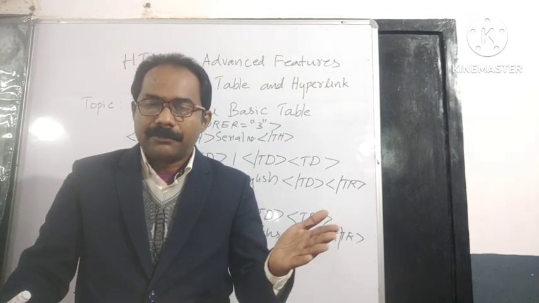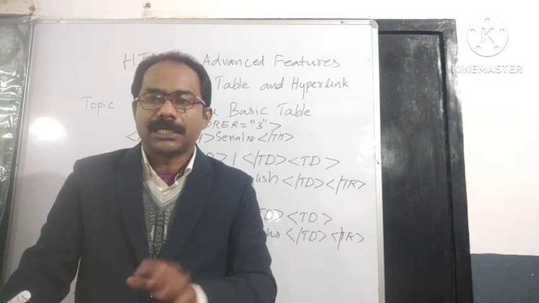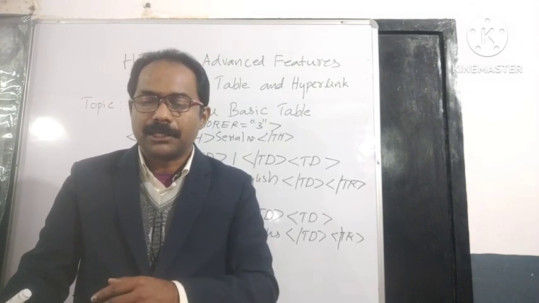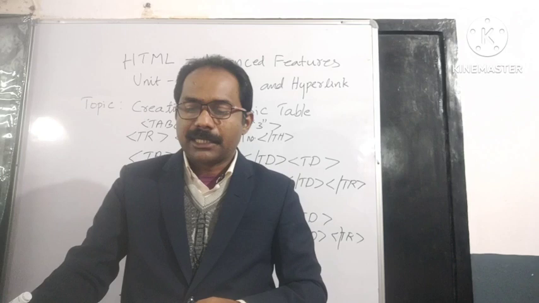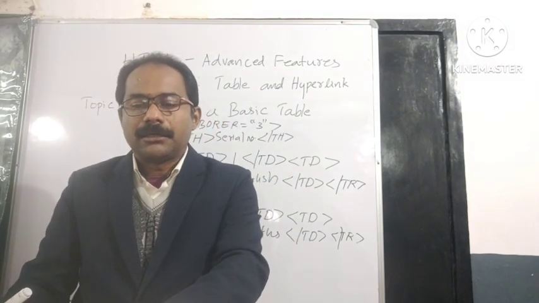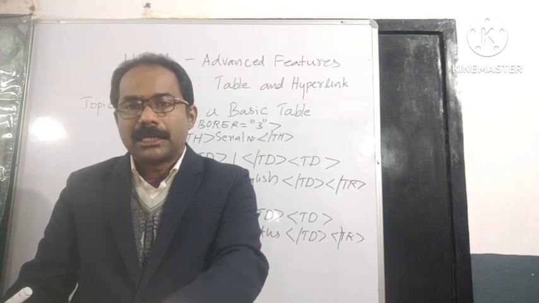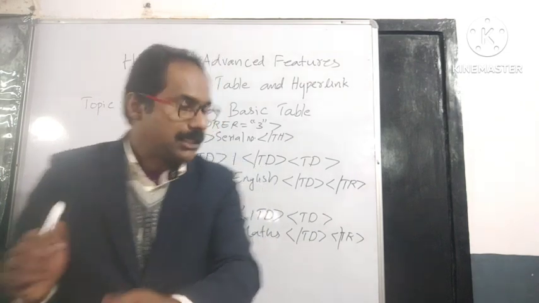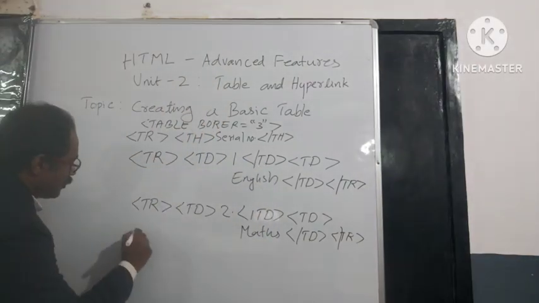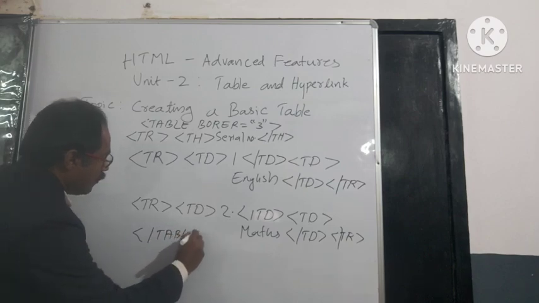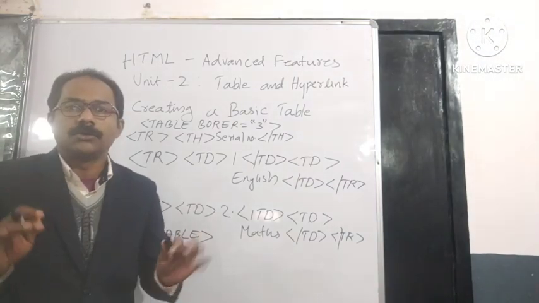The tr tag, and we write the name of the second student. It is given here, Alok Ranjan. Like that we have to continue. And finally we have to use /tr for closing the row, then /table for closing the table. After all the lines, how to close it? /table. Now table creation is over.